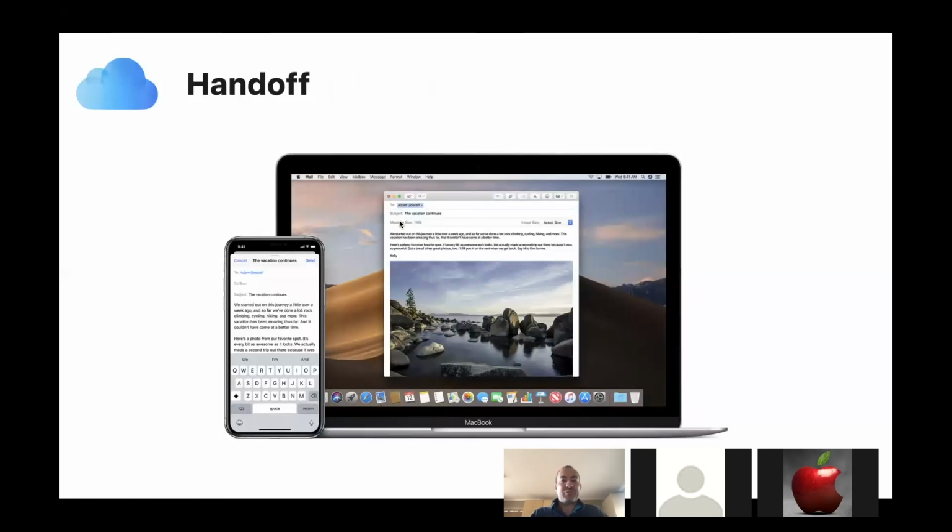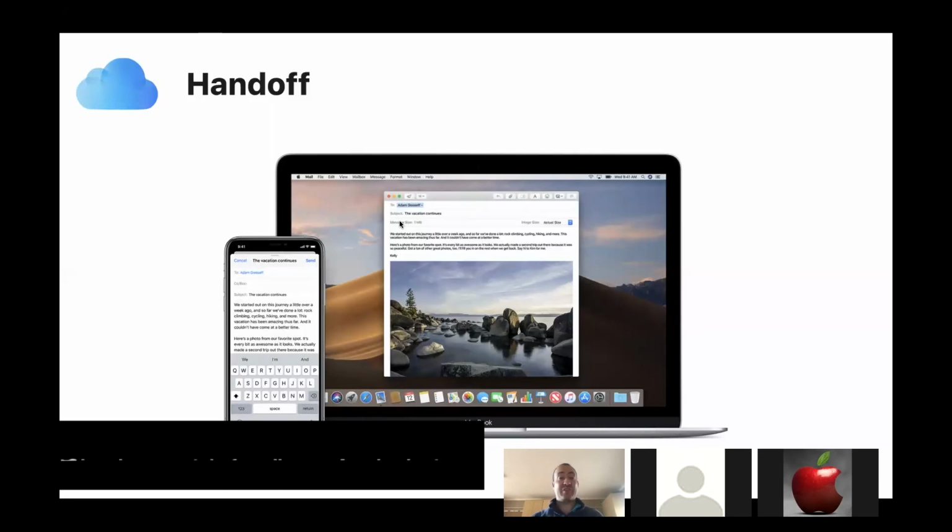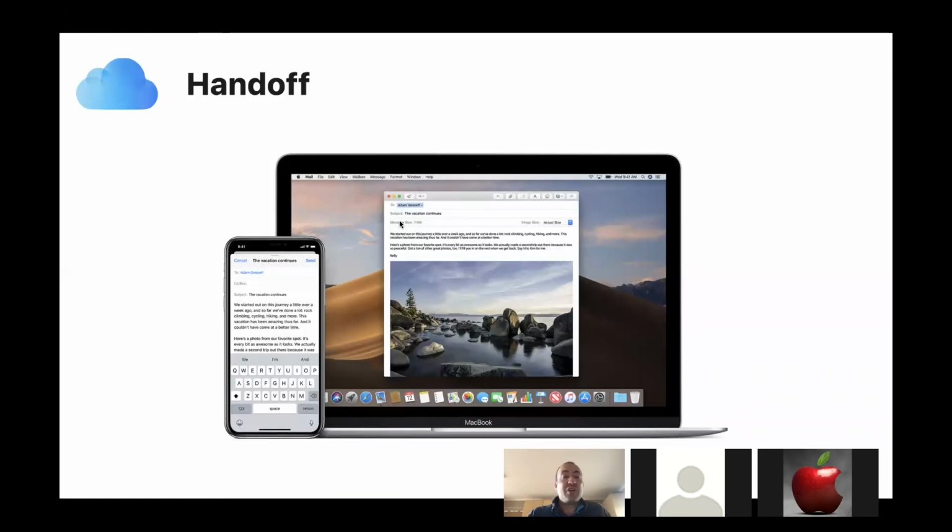So let's move along, because there's one or two more things I want to show you. If you weren't impressed already, then there's one or two more things I want to show you. And this one here is called Handoff. So what is Handoff? Well, Handoff is essentially when you want to start something on one device and then finish